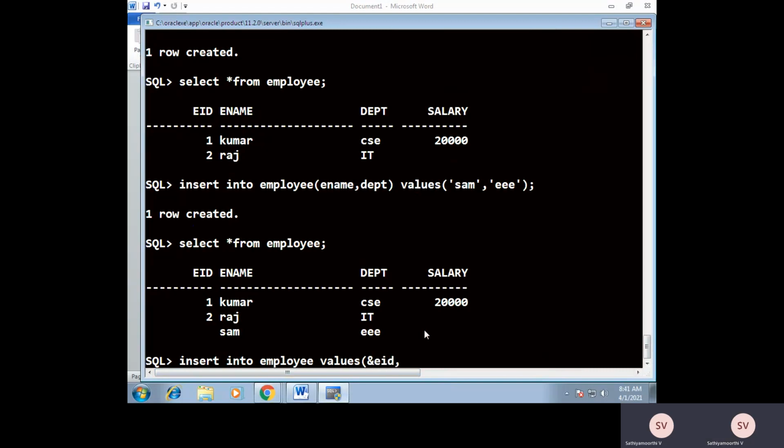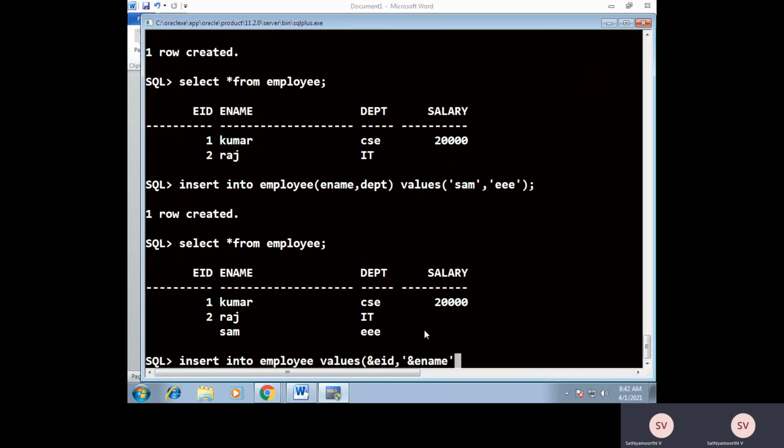Employee ID, comma. For each variable you have to precede the variable name with the ampersand symbol. Followed by single quote, we use employee name. If it is a character data type, you have to specify the variable name within single quotes.